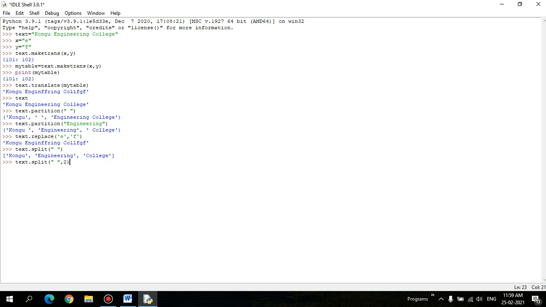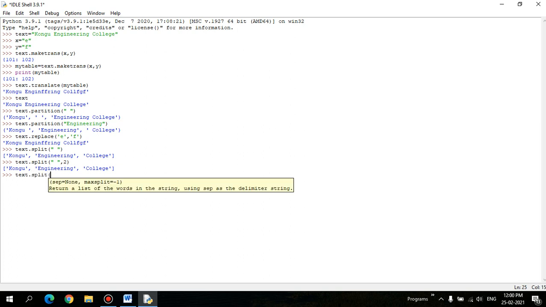In the previous case it was split into 3 based on the number of spaces available in the string. Now I want to split it into 2. Any change happened? No. Okay, let's check for that. Split, separator equal to, returns a list of words in the string using separator as a delimiter string.